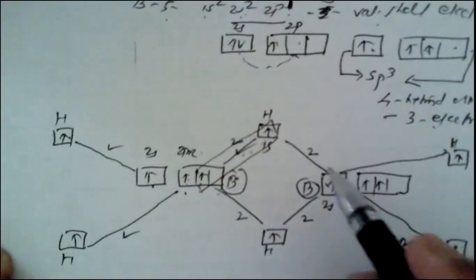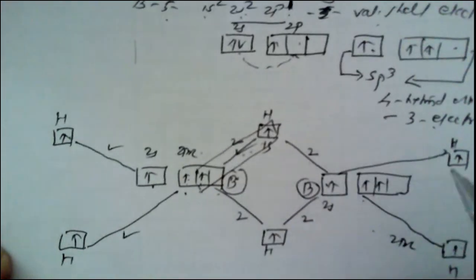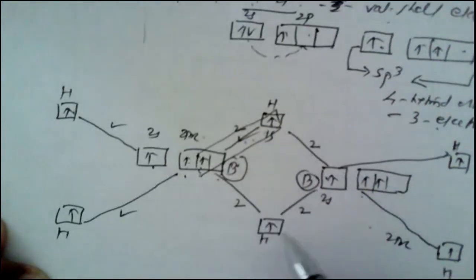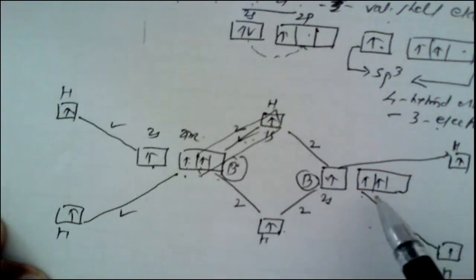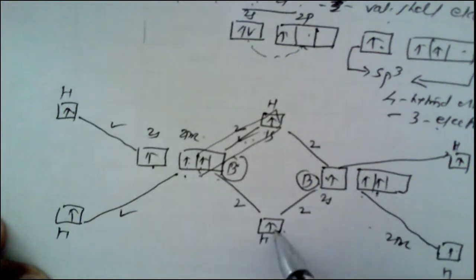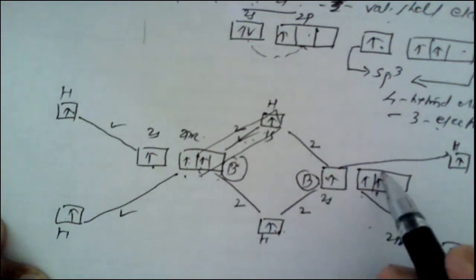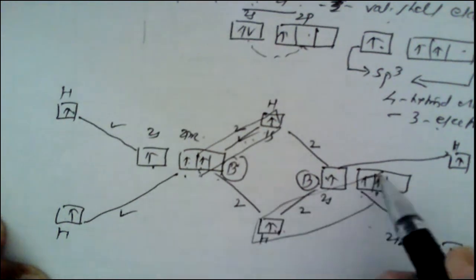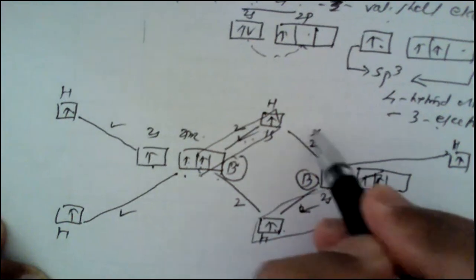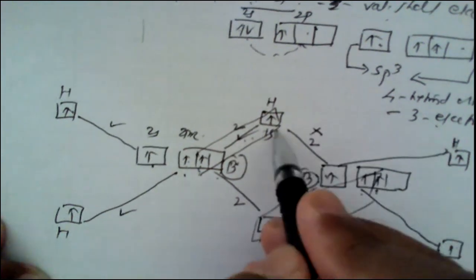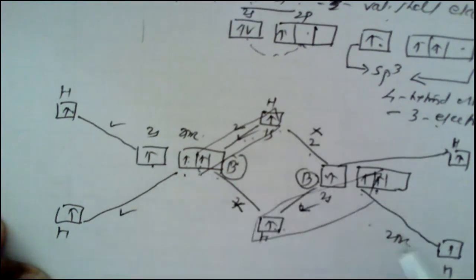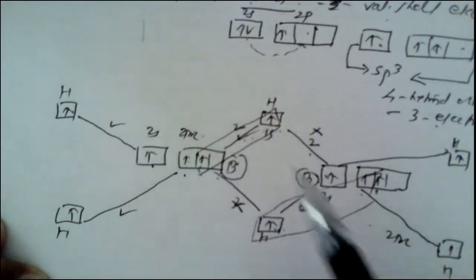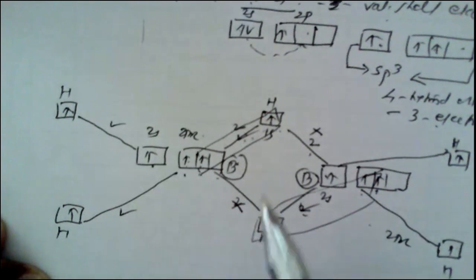But what about this bond? Now consider this boron atom also. Here, for this boron, this electron is left and the 1s orbital of this hydrogen. So this bond is formed. So no electrons are available for the formation of this bond, and no electrons are available for this one, because all the electrons are used up in forming these 2 bonds and these 4 bonds.